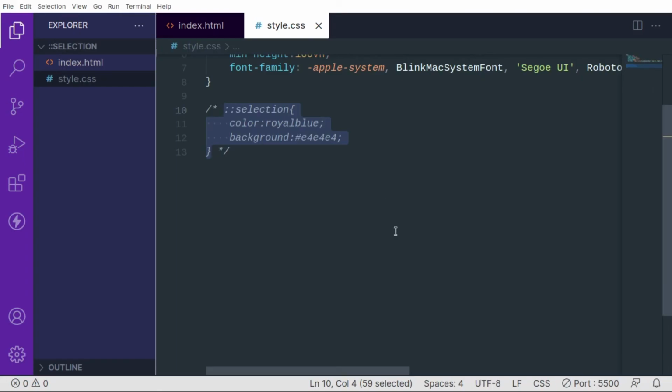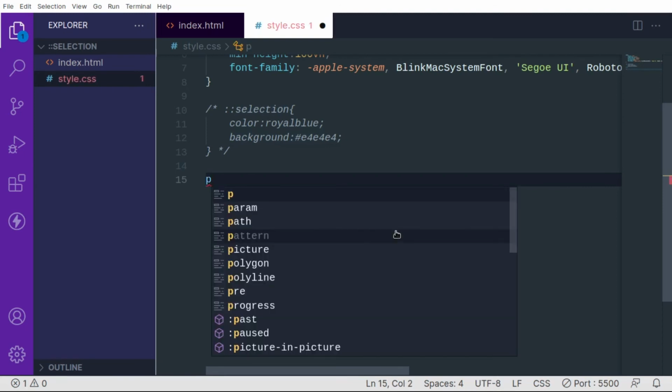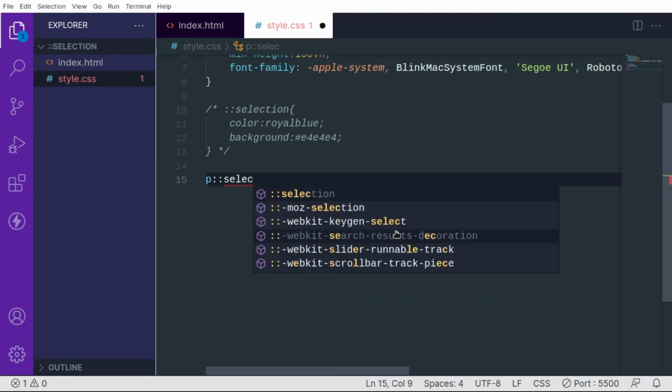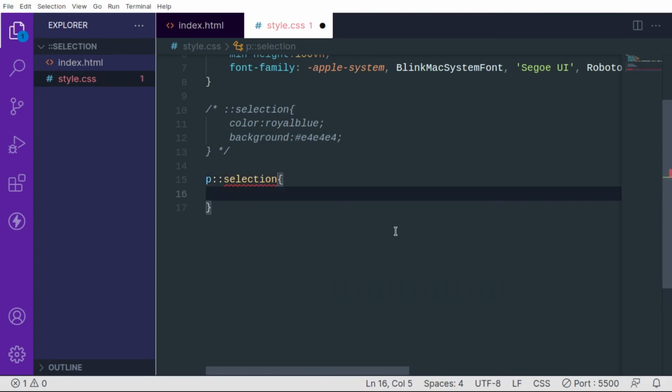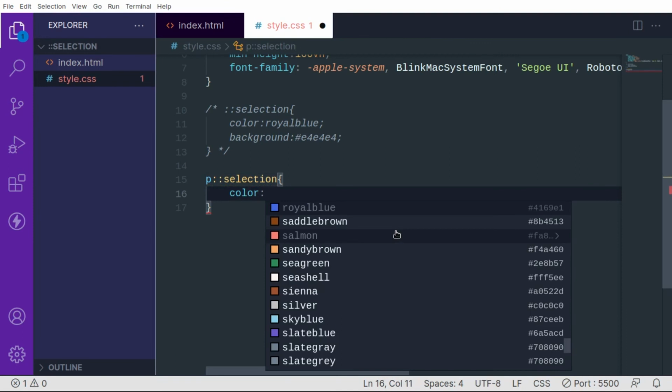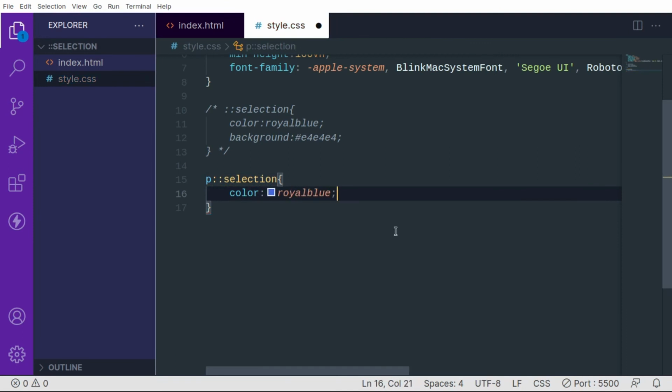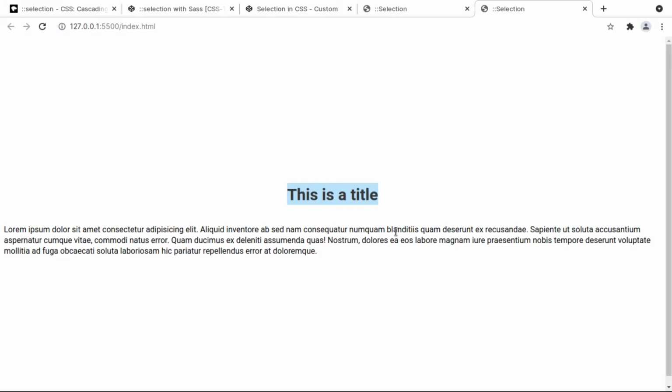So for that we just need to target our paragraph and just say selection in here, and inside here we just need to define the properties. So let's just use the properties and just give it a color of royal blue and just leave it like this. And if I go in here and select these things, it's going to highlight.